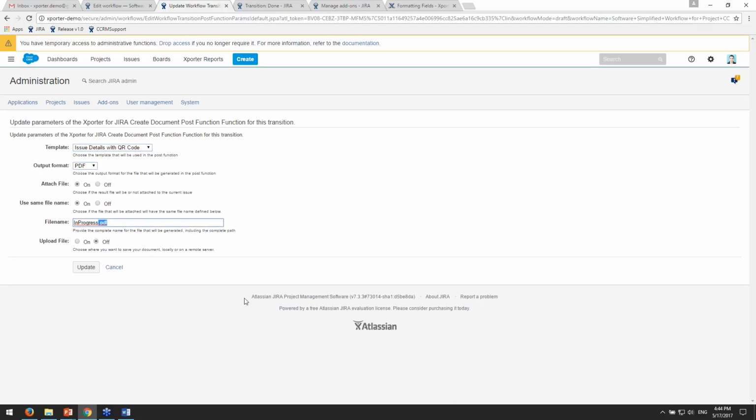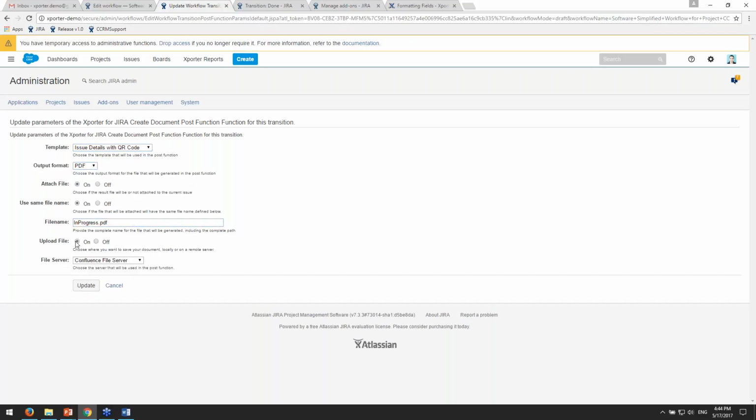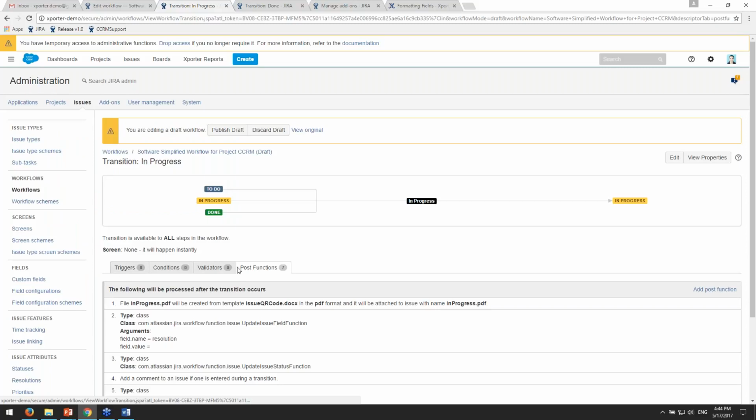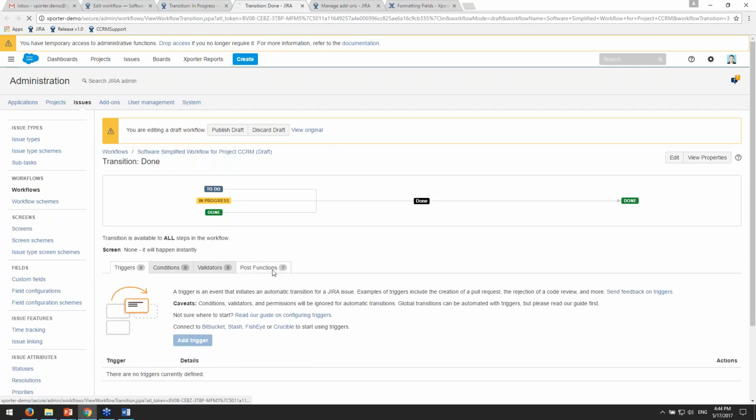We give it a file name. We can select if we want to upload a file, just the file servers that I just spoke about. Okay, that's it. In this case, it will attach the report to the issue, and on the transition to done, I created a